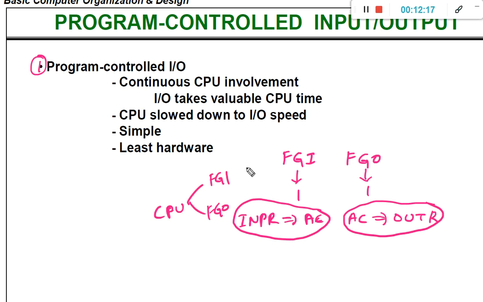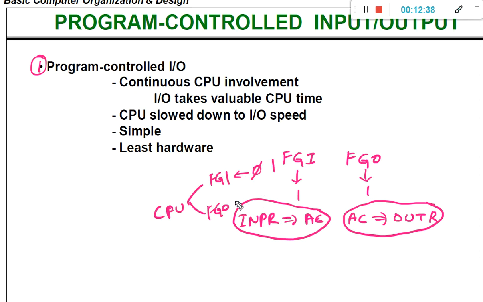Whenever the FGI flag is set to 0, nothing is there in INPR, so it needs to check the FGI value again until it becomes 1.